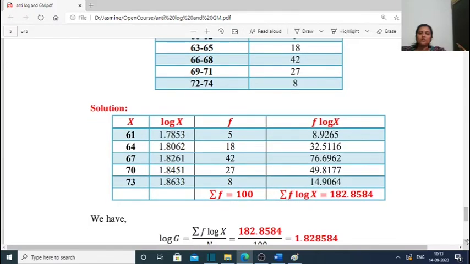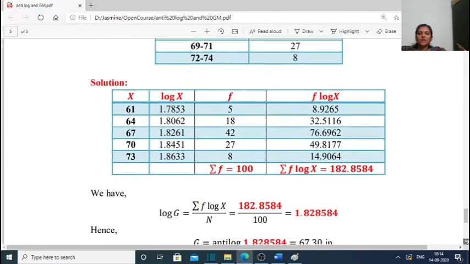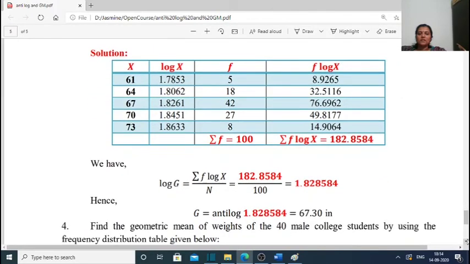and x equal to the average, 61. So the log x is 1.7853. F is equal to 5. F log x, evaluate, is 8.9265. For 64, log x evaluate. For 67, log x is 1.8261. F is equal to 42. So f log x is 76.6962. For 70, log x is 1.8451. F equal to 27. F log x is 49.8177. For 73, log x is 1.8633. F equal to 8. F log x is